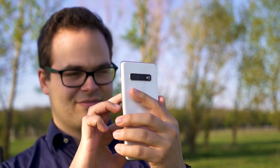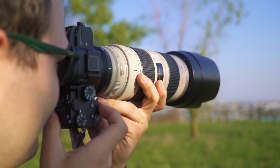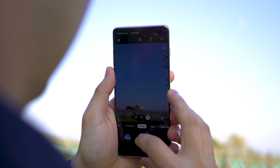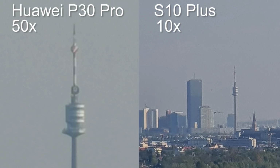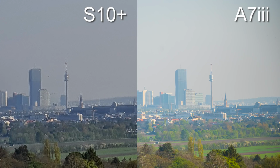Now back to the S10 Plus, and let's check out the zoom capabilities. Here we're comparing the S10 Plus with a 70 to 200mm f2.8 Canon lens, a real zoom monster. The 2x telephoto lens on the S10 Plus does a really good job when zooming in, delivering good detail at close and medium range. At longer zoom ranges, however, it cannot keep up with the 5x lens of the Huawei flagship. At 2x optical zoom, the picture still looks very good, but if you go beyond that point, you get